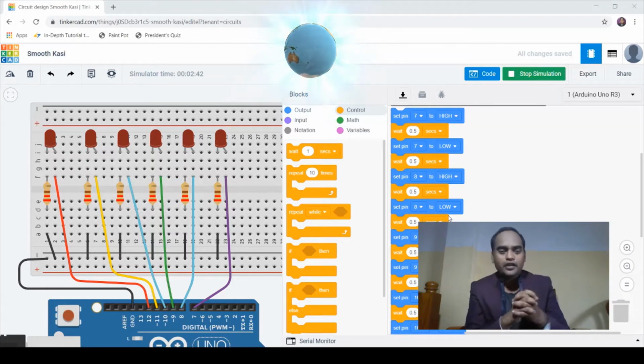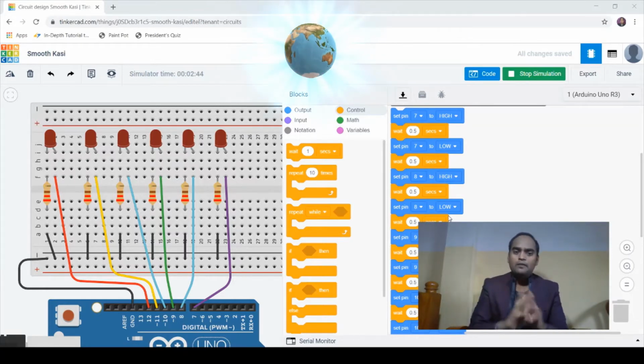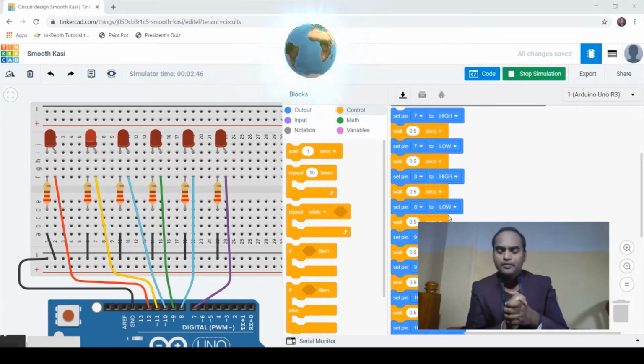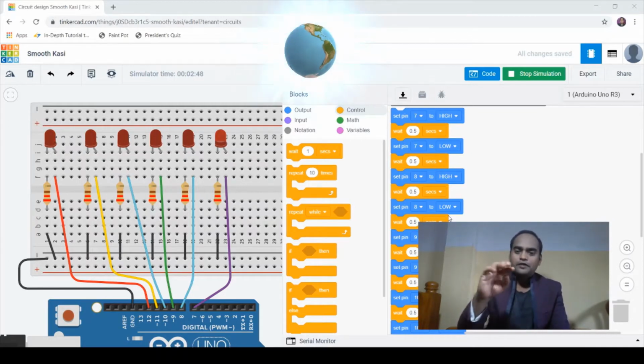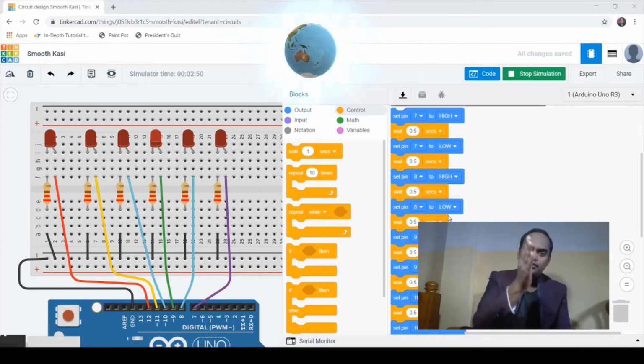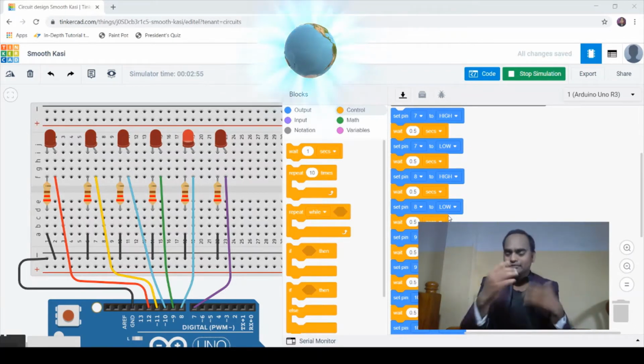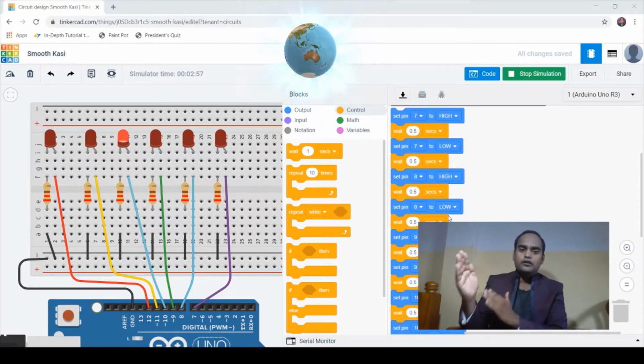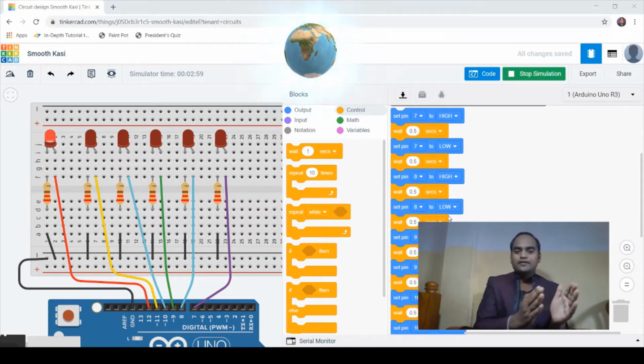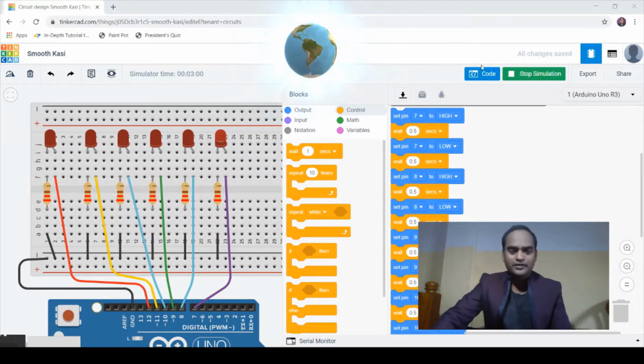So in the third project, I'm going to change the way it blinks. The first LED will blink twice, then it will go to the second LED, the second will blink twice, then the third LED, third will blink twice, then the fourth LED, and likewise. But blink twice and shift to right. That's the name of the project that I have kept.